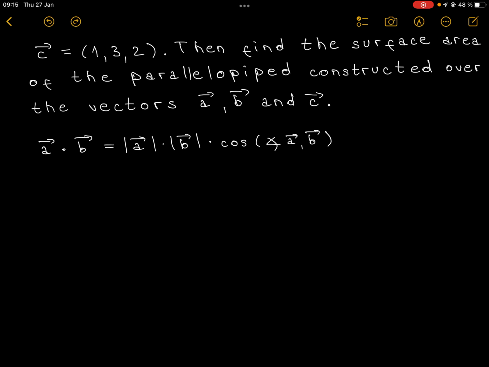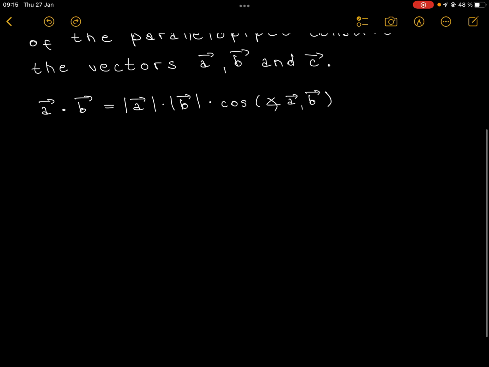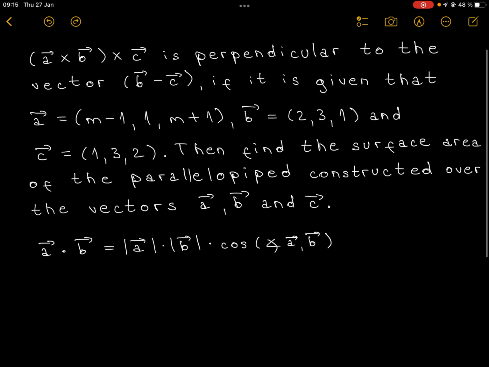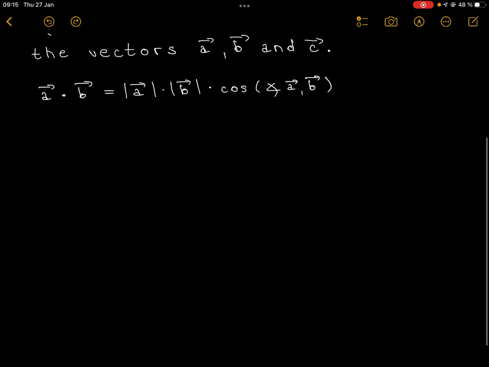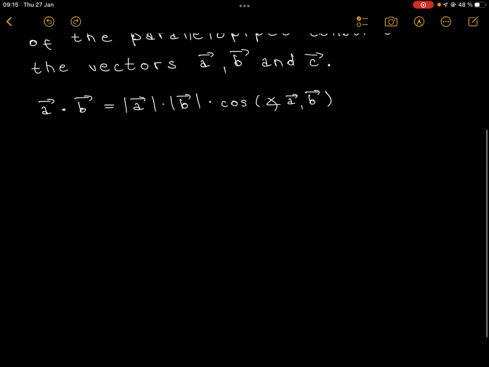So from here we get that a times b must be equal to 0. Okay, so now that we've got that covered, first we have to compute